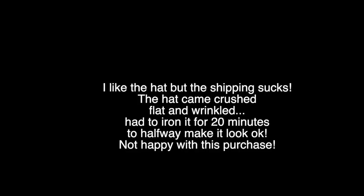So let's take a look at one last one. I like the hat, but shipping sucks. The hat came crushed flat and wrinkled. Had to iron it for 20 minutes to halfway make it look okay. Not happy with this purchase. Now I'm going to read you the response that I sent to the purchaser of, this was a hat. It's like a baseball hat. And it says,